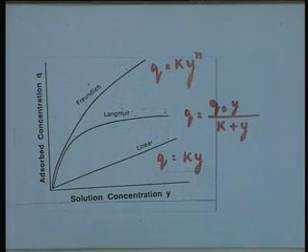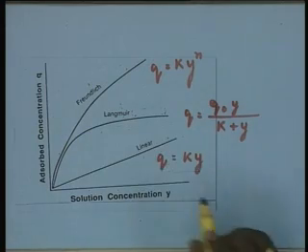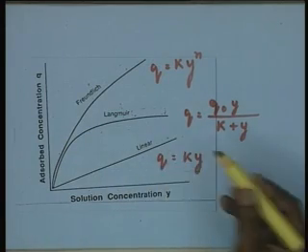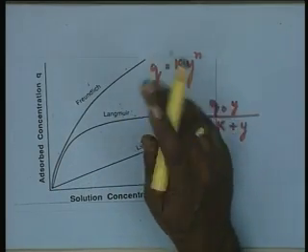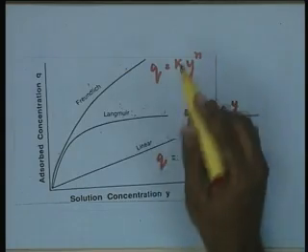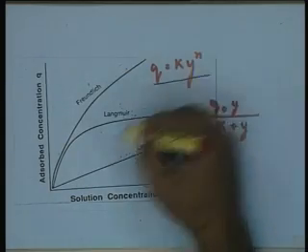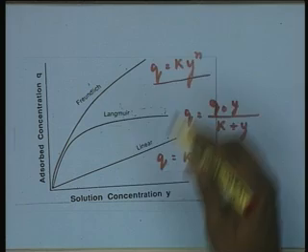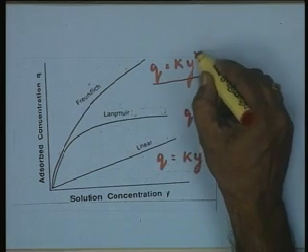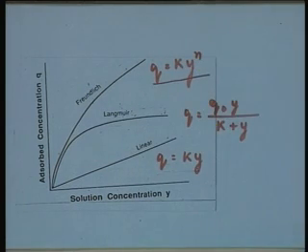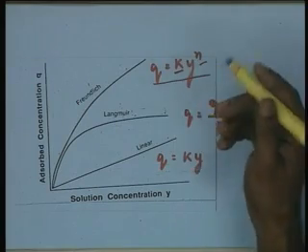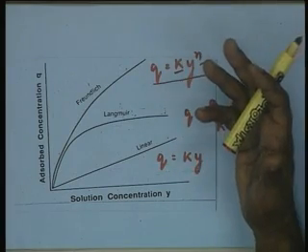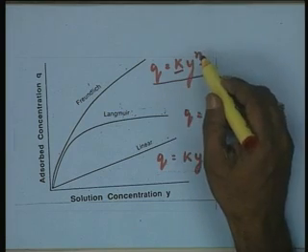And you can notice that you can find three different types of isotherms. Linear is the most simple. Freundlich is the most general, in the sense that it does not fit into any physical hypothesis, but it is a general curve fitting for whatever kind of isotherm you find. You just raise to a factor n, and by analysis of your data you can calculate the value of k and n. If you make a log plot, you can get the value of k and n for any particular case.